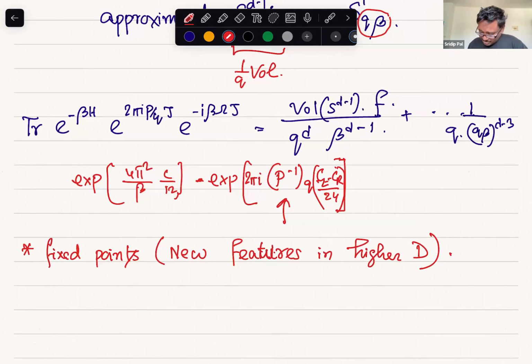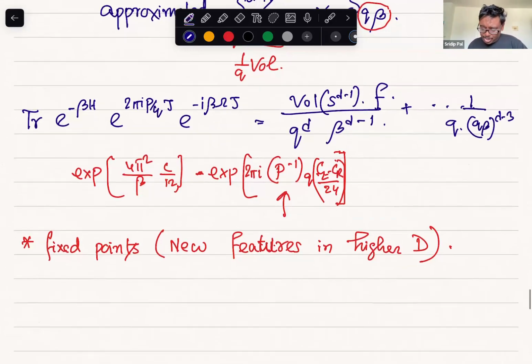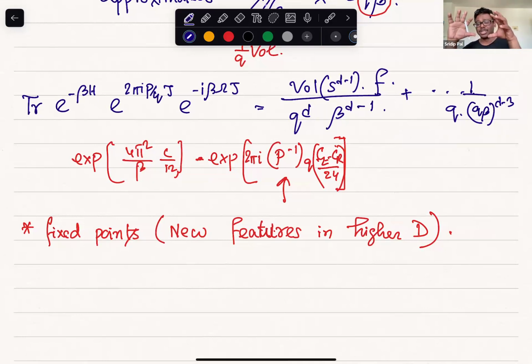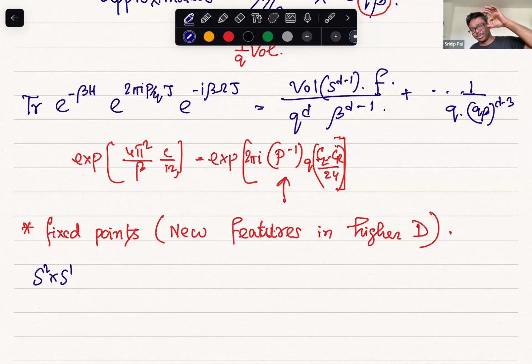So the point is that when we are doing this manipulation in 2D, I know my S1. For example, say I am doing -1 to the power j, the S1 gets rotated by pi. And when the S1 gets rotated by pi, there is no fixed point of this rotation. But on the other hand, suppose you are doing S2 times S1, then in the beta going to zero limit, there is an issue, because there will always be a north pole and the south pole, which are the fixed points of the ZQ action.